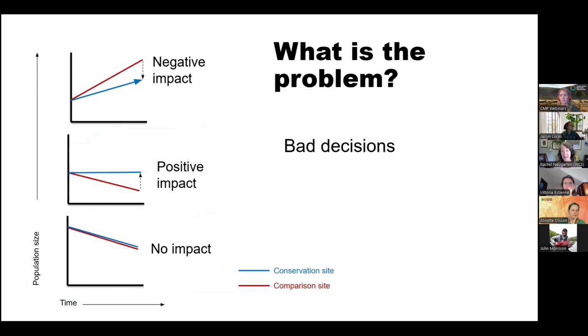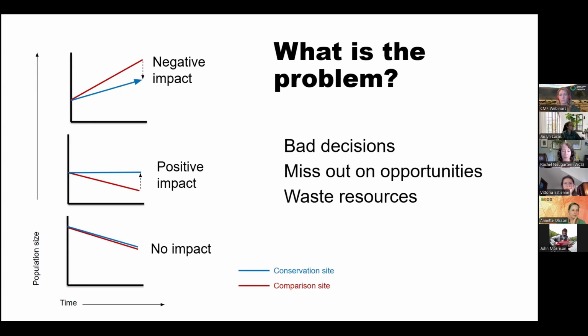So you might make incorrect management decisions, right? Because you don't actually know the direction of your impact. You might miss out on funding opportunities. So this is the case where your Gower population is stable, but it's actually much better off than it would have been. And so you may be missing opportunities to share that story with donors and actually get support for your work. So causal effects are often painted in this sort of negative light, but we can think about this as a missed opportunity also. And as someone mentioned, you could be wasting resources.